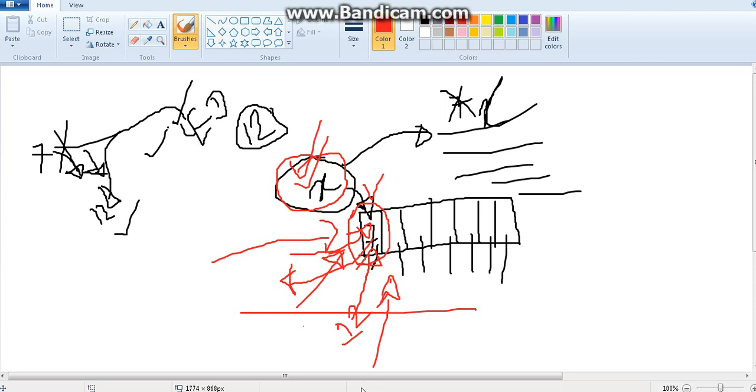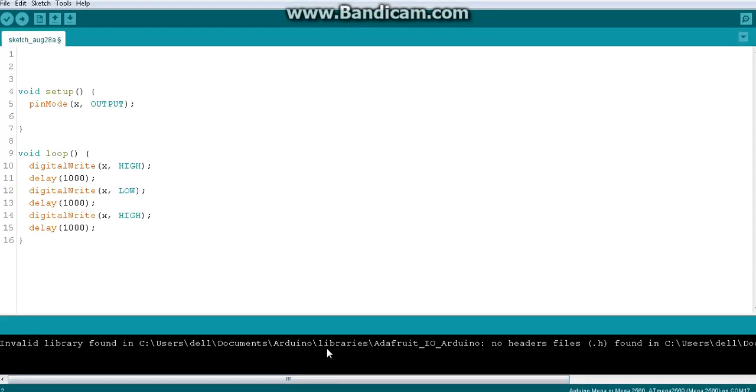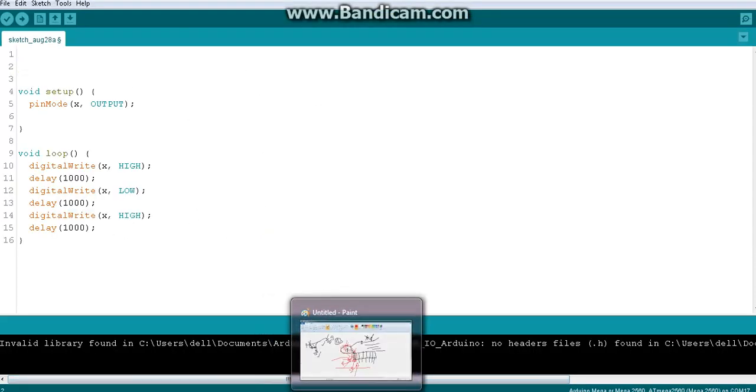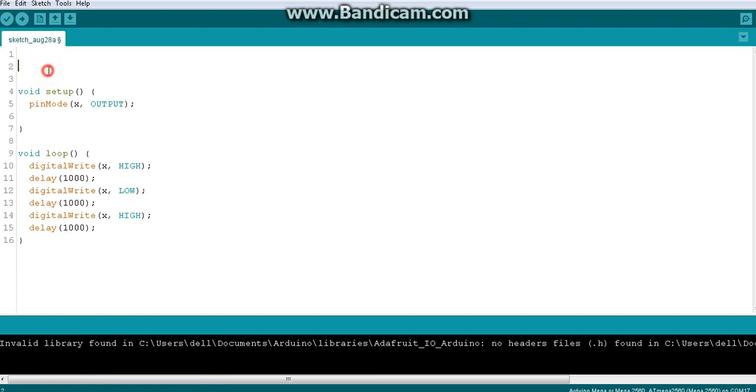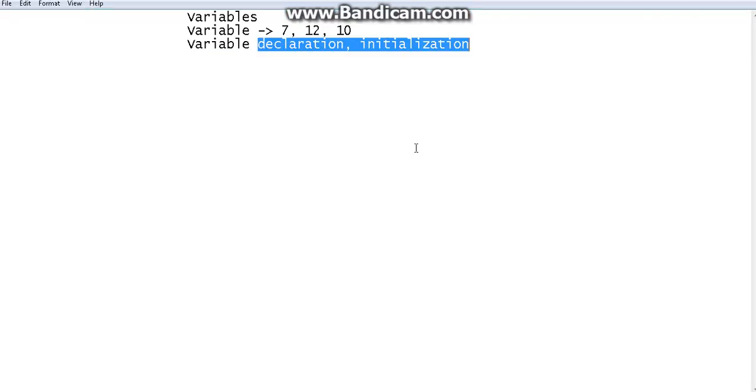Okay, that's fine. So how can we do a variable declaration and initialization in the code? That is a question. There is a format to do it. I will write the format here. So you can manually write the code to do that. First you have to write the data type of the variable.